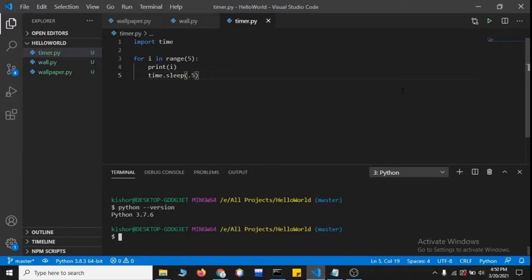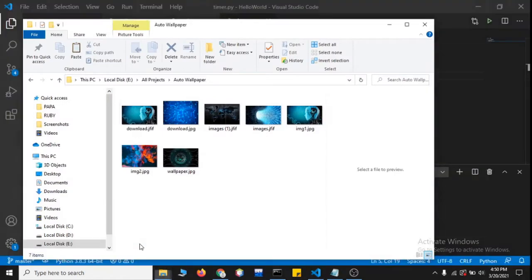In this video, we are going to learn how we can set up a script that changes our wallpaper at a particular interval of time periodically, one by one. So the idea is we will have one folder in which we will keep all the images that we want to set as wallpaper, and the script will take each image one by one and set it as our wallpaper. I'm going to break down the whole script into three parts so it is easy to understand, and then we will see the final output as a script.